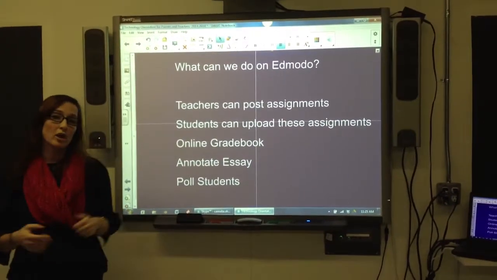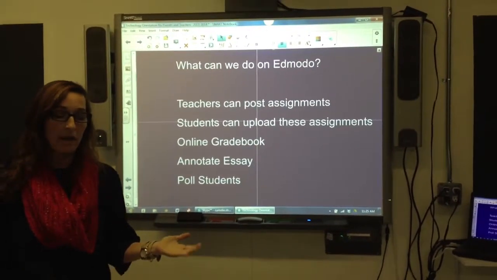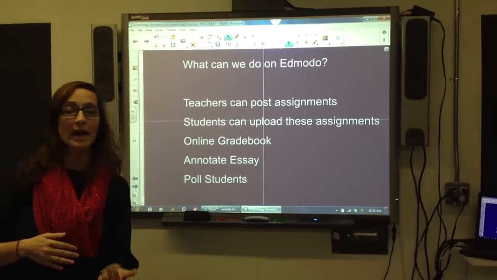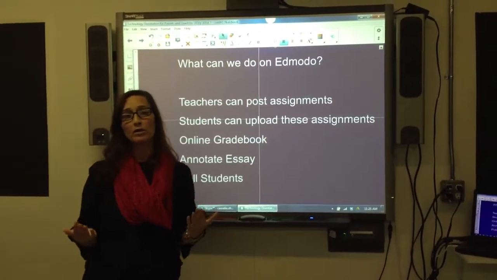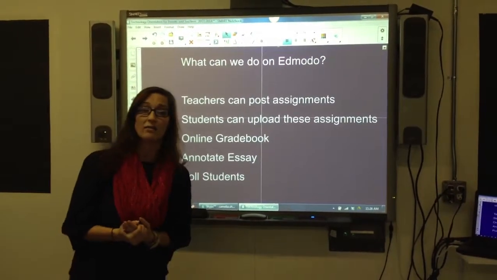Annotate an essay, we just talked about that. Your son or daughter writes an essay, and they worked hard on it. The teacher goes back and forth and revises it with them or helps them edit, and then they finally come to a piece that they love and respect and they know they worked hard on. They can then show it to you, or you can go on and just see it for yourself and celebrate